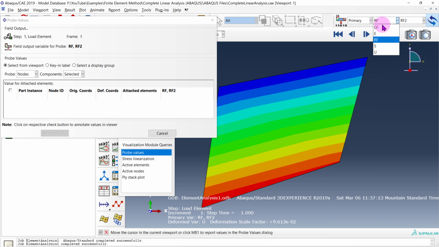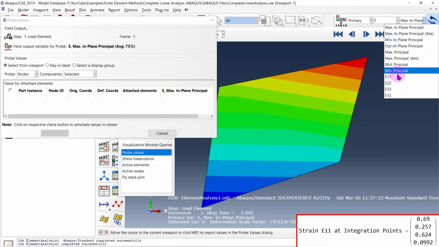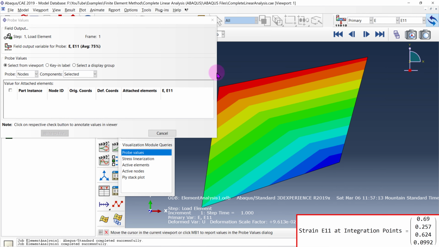Actually, let's start with the strains. E right here, this is going to be our strains. And what we're going to do is look at E11. So remember that in Mathematica, we said that we basically have the stresses and the strains at every point in our element. So what we did to make it simpler is we just looked at the strains at our integration points. So how do we do that in ABAQUS? Well,